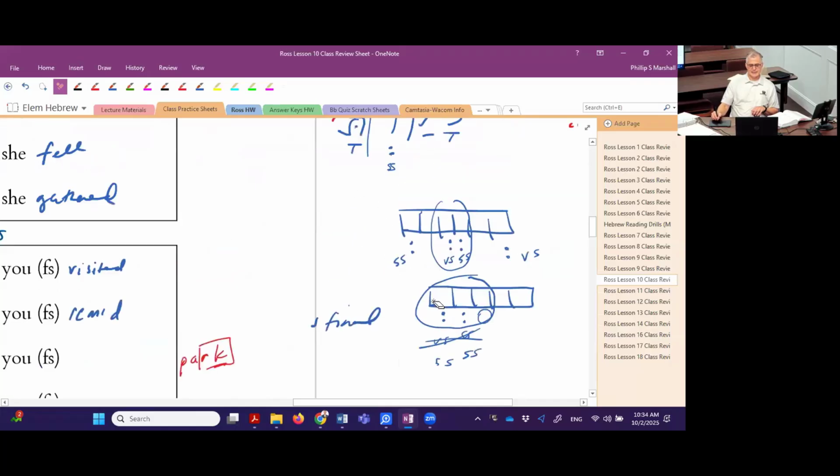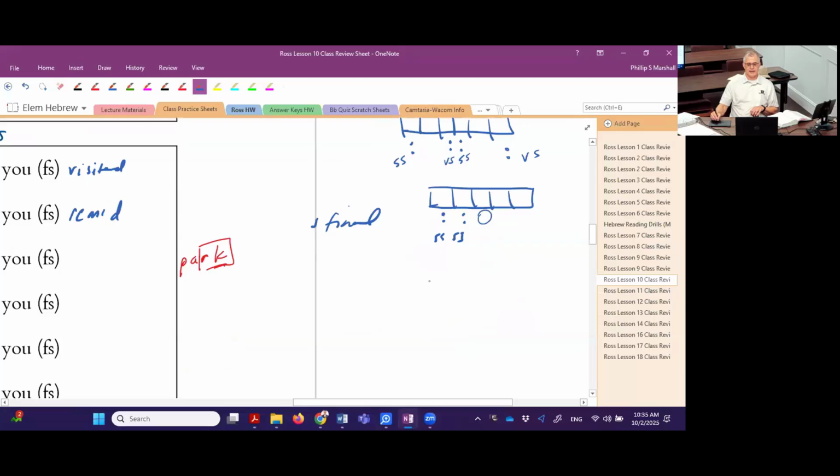here are the principles. At the beginning of a word, I have a vocal shava. At the end of a word, I have a silent shava. If there are two shavas in the middle, where neither of them happens to be at the beginning or the end, then I always have the silent-vocal combo, right? But when two are at the end, they're both silent, okay? And if two are at the beginning,